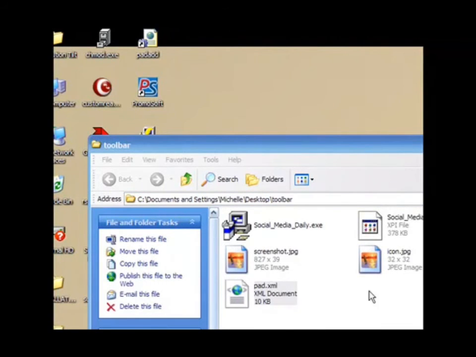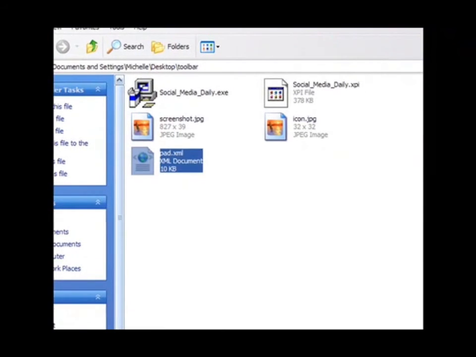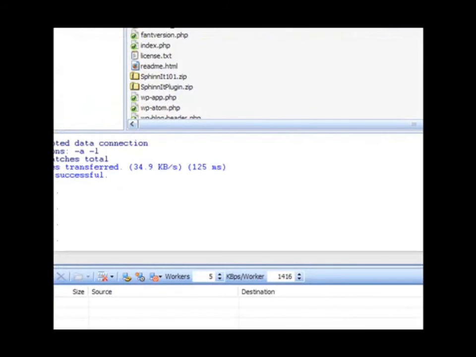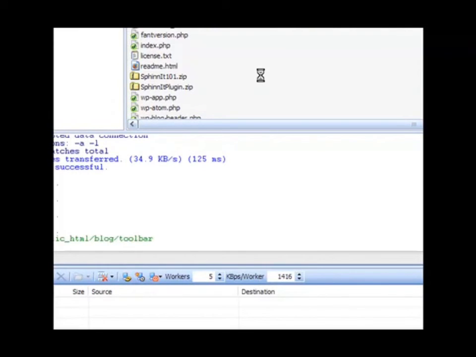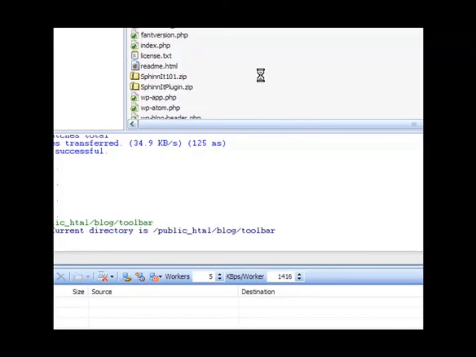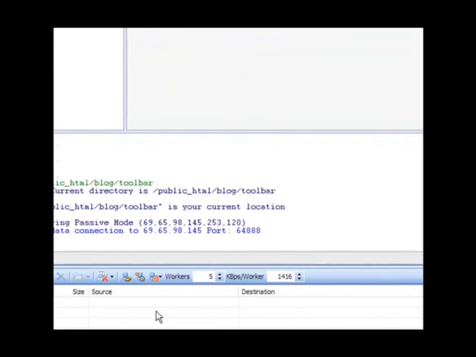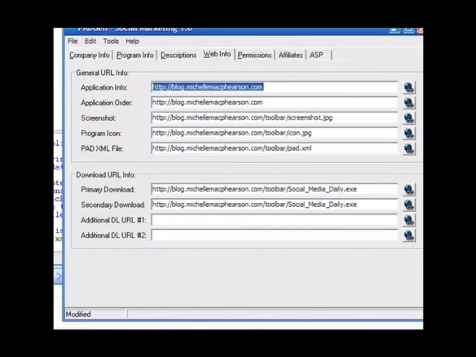So that looks good. Next thing I need to do is upload that pad file to my web server. Now remember, it was in the Toolbar folder. So I need to put it in the Toolbar folder on my server. And it's going to go ahead and do that. And once it's done, go back into PadGen,